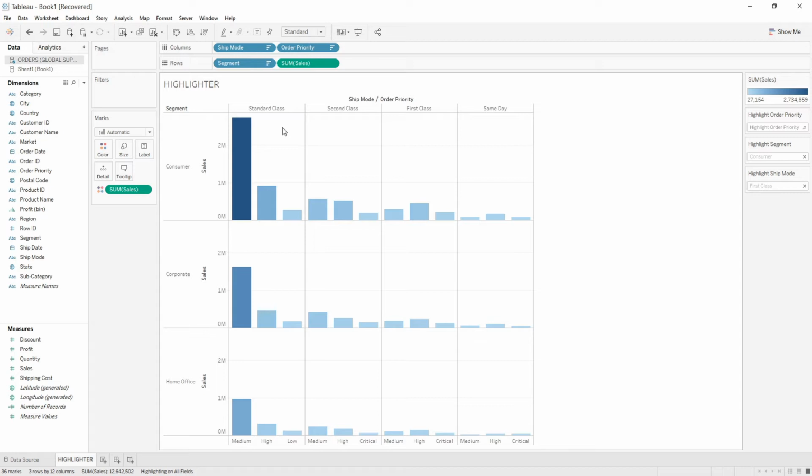For that, I want to see the data for only consumers. That is, we want to see the record for the standard class and consumer only, and the rest would be faded down. For this type of choosy analysis, we need to go over to the highlighter option of the toolbar. And once we click over this toolbar, we can see that we have the option